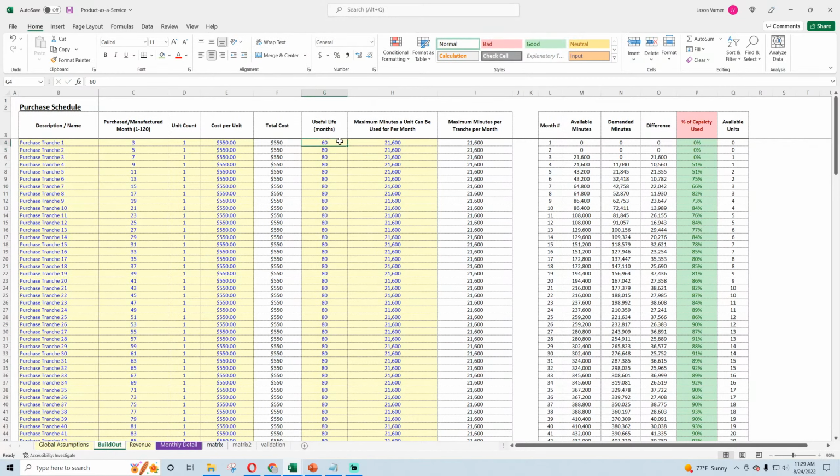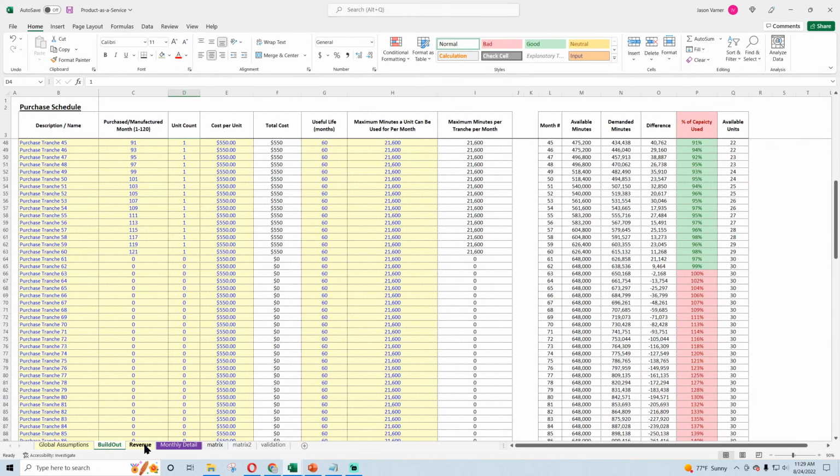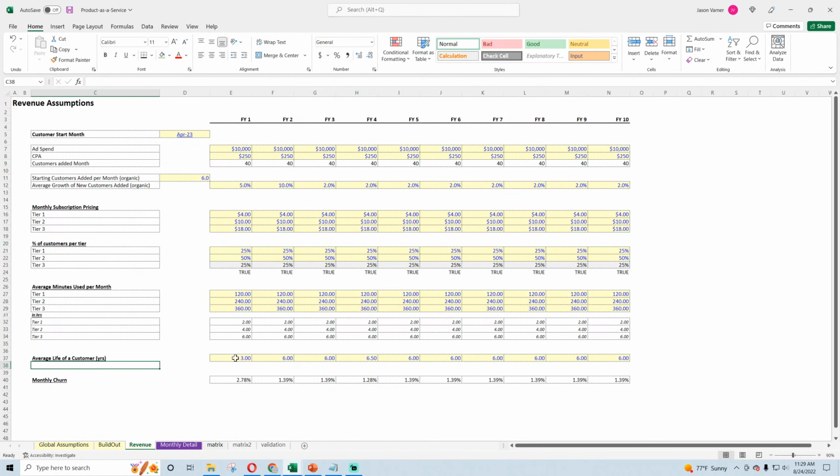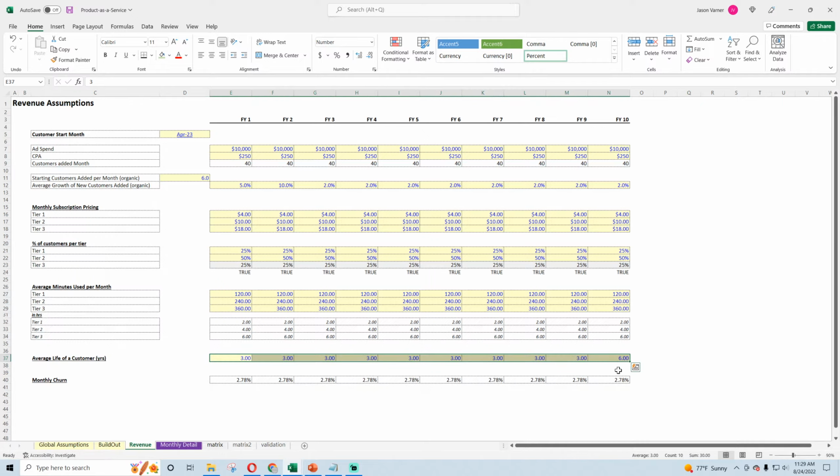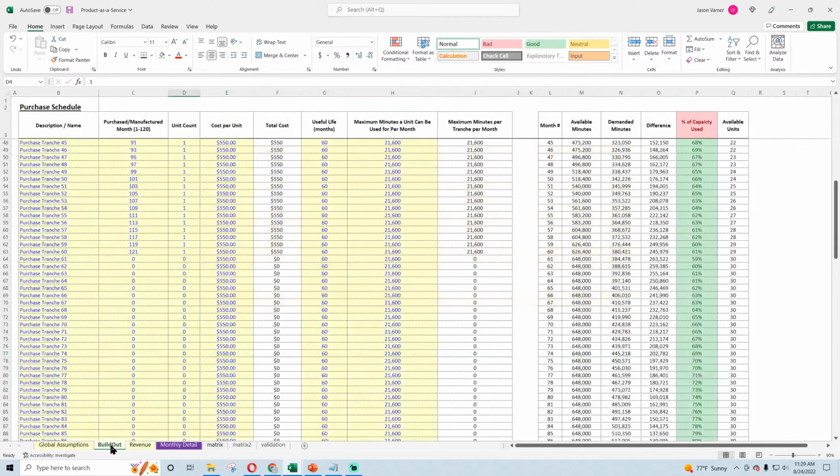Interesting pattern here. This 60 is kind of defining when we run out, because now these units are coming out. We have to buy more units on top of handling the increased demand. So we've got to buy more units for customers that are still existing, plus new customers that are coming on. And again, we have a churn rate, so we can say the average life of these users. If the average life were 3 years instead of 6, you can see how this will change.